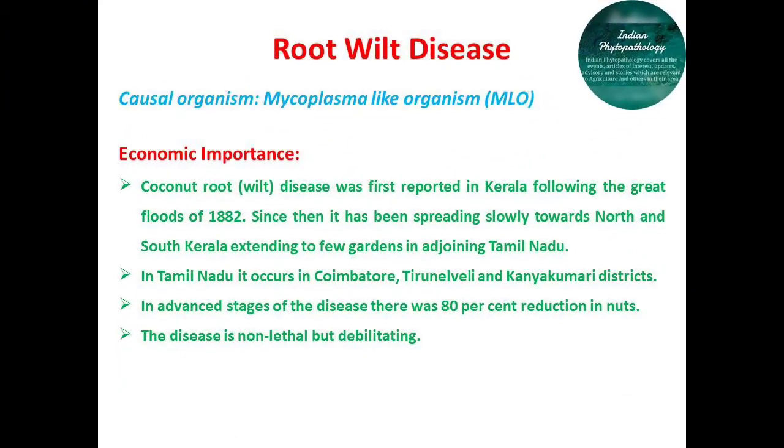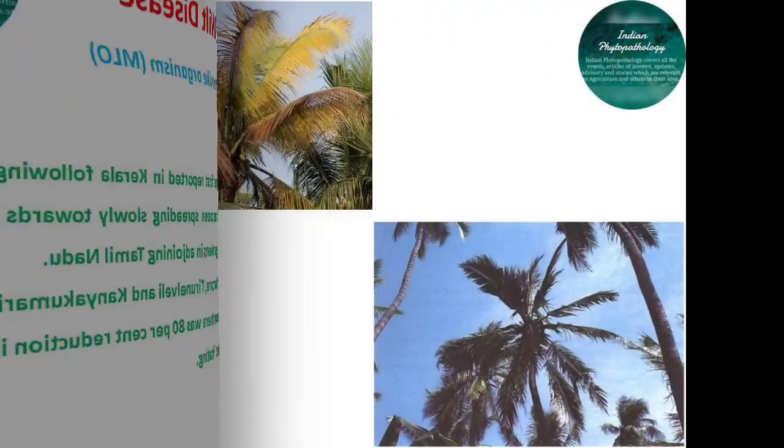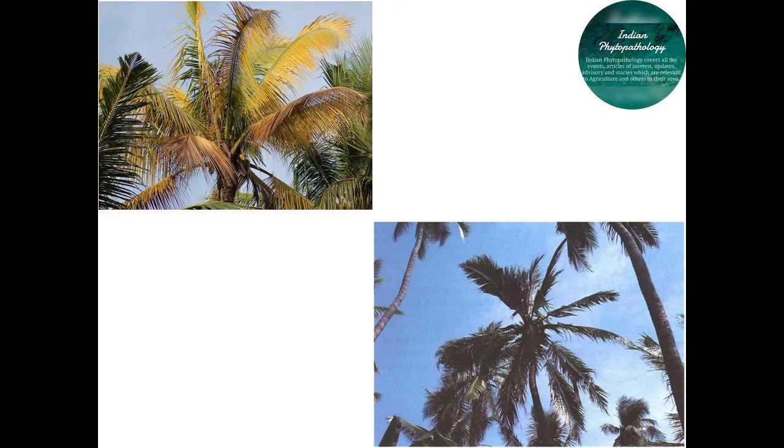The next most important disease of coconut is root wilt disease. In root wilt, the coconut plant may die due to the infection of this root wilt, and its causal organism is a Mycoplasma like organism. You can see the symptoms of this disease in a standing coconut crop. It shows characteristic symptoms of conspicuous bending of middle and outer whorls of leaves, flaccidity, yellowing and necrosis of leaflets. These are some particular marks of identification of this disease.